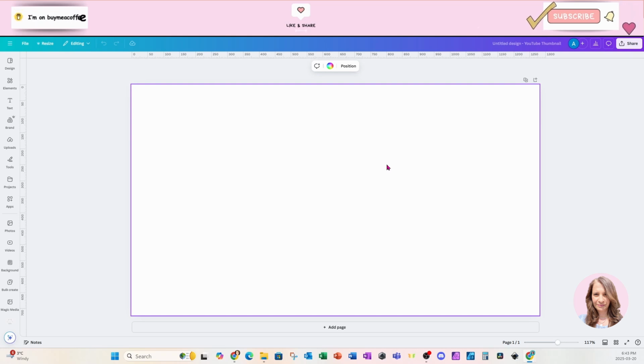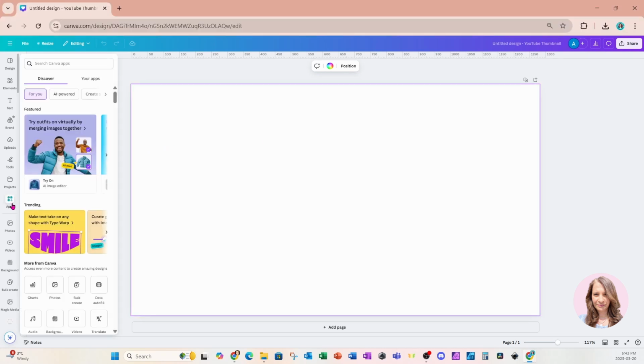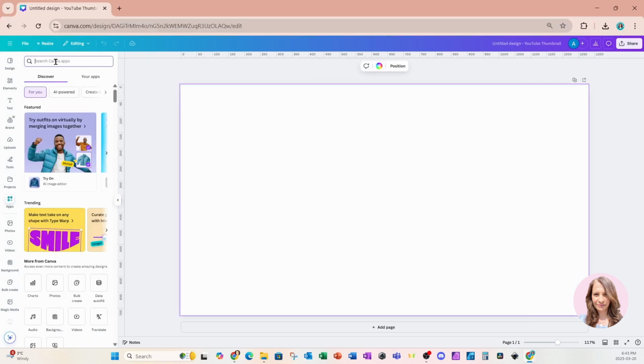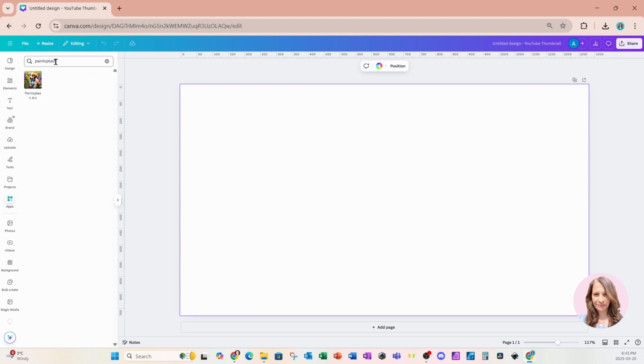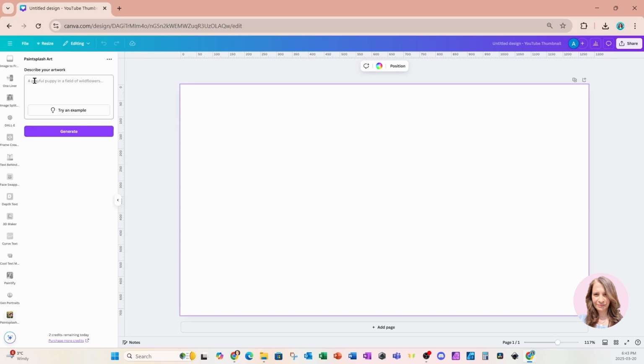So I'm going to head on over to my apps and I'm going to search for an app called Paint Splash. This is what it looks like right here. I'm going to click on it. And we're going to get a little box in here where we can describe the type of image that we want to generate. So in here, I'm going to type a German